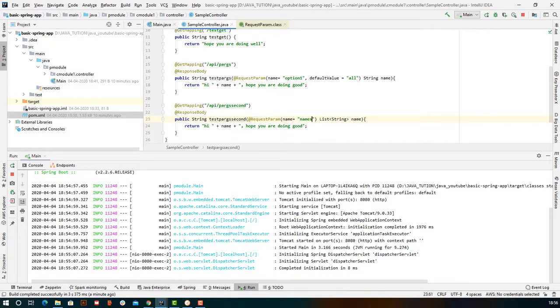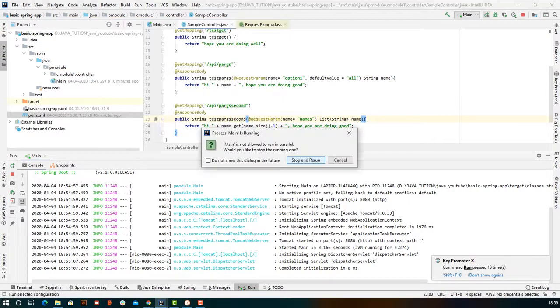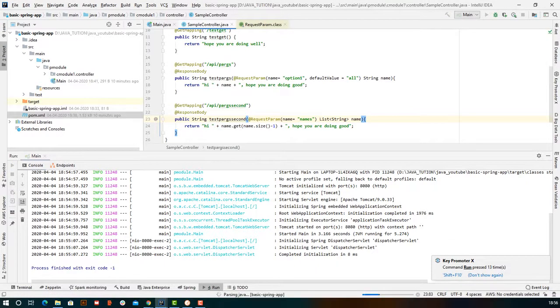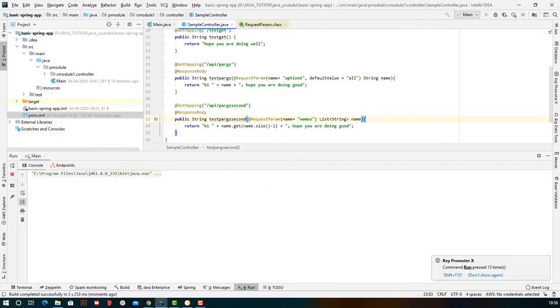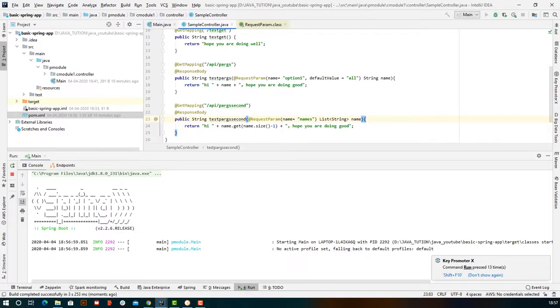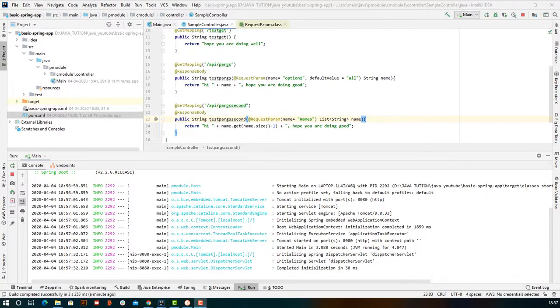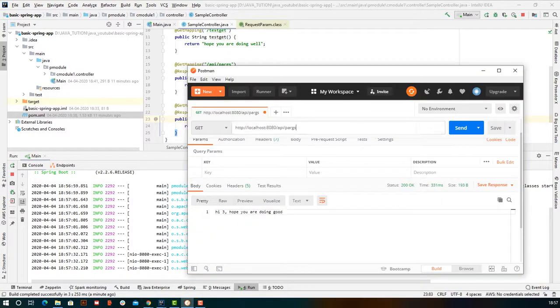We'll give names and we'll try to get names.size minus 1. So it's like I'm getting names.get, the last name of that list, just to make sure that we don't print everything. I'm printing the last variable of those names. Let's wait for it to restart. Once it is started, we'll add